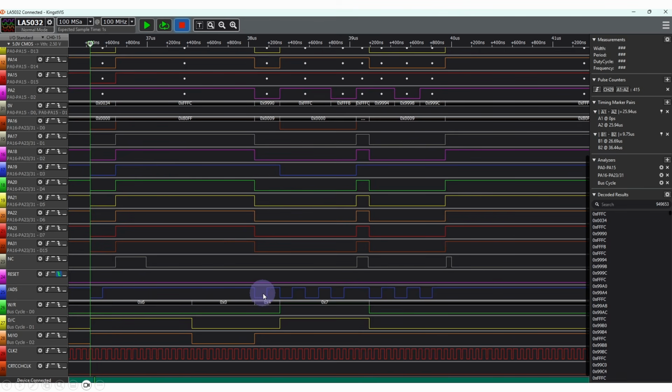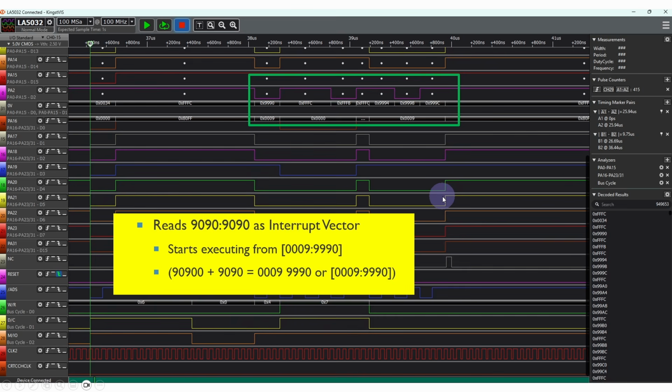Now when we have a look at where this ends up, you can see here that our next address strobe for providing a valid address is in fact not 9090, it's actually 9990 and 9. If I just show you how that comes about, effectively we've read the 9090 and 9090 as our interrupt vector, but in fact it starts executing from this segment 9 and 9990. If you work this out, because segments generally are multiplied by 16 or rotated left 4 bits, effectively the segment here is